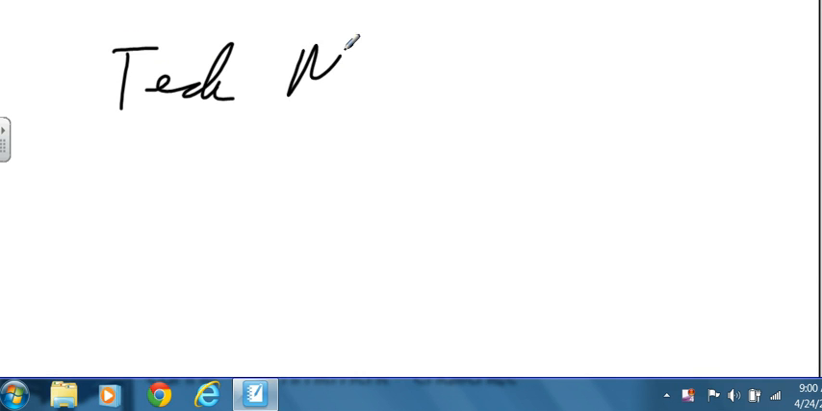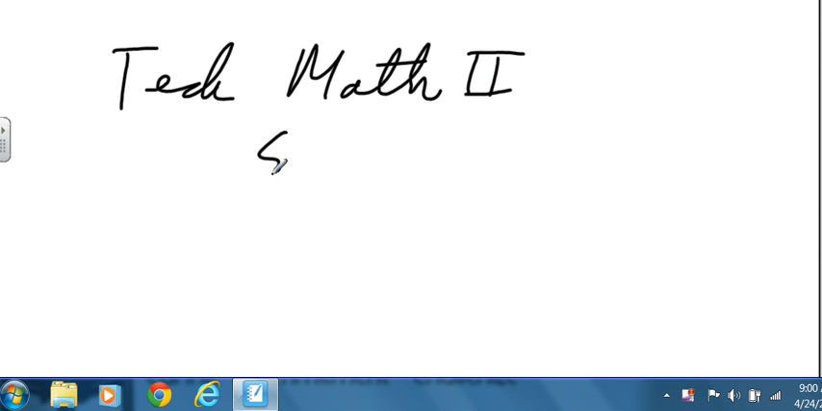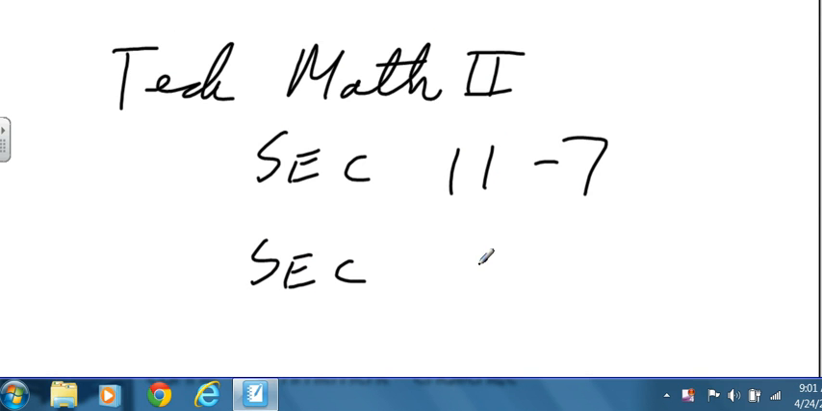This is Tech Math 2, and today we're going to be doing sections 11.7 and 11.8. So in section 11.7, what we're going to find is if I have a vector,